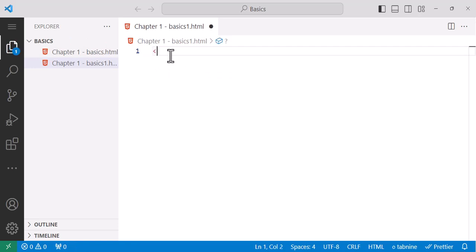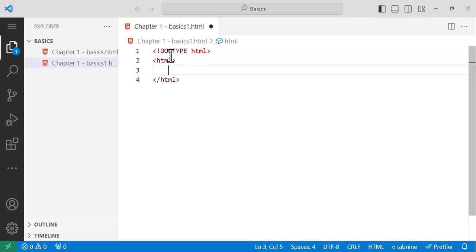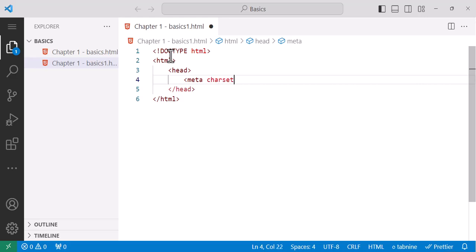We open the less-than sign, then we type doctype HTML, then HTML opening and closing. As we see, Visual Studio Code is intelligent, it can close tags by itself, so that's nice. In order to save your time, we use Visual Studio Code. So head, when I close, it closes inside it, then meta, charset, the character set is equal to